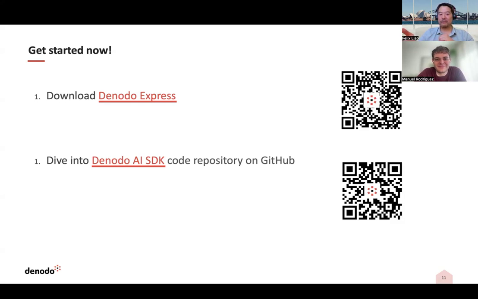The other one is the GitHub we mentioned earlier. If you're interested, you can just Google Denodo SDK, or you can go to the QR code. It's a pretty standard GitHub repo. Obviously, you can download the code. What else can people check out on that repo? Yeah, you have access to the whole code and all the sample data, and you can raise issues if you want, and we'll get back to you. Or you can even contribute. It's open source. We welcome any contributions. So I'm waiting to hear everyone's opinions over there.